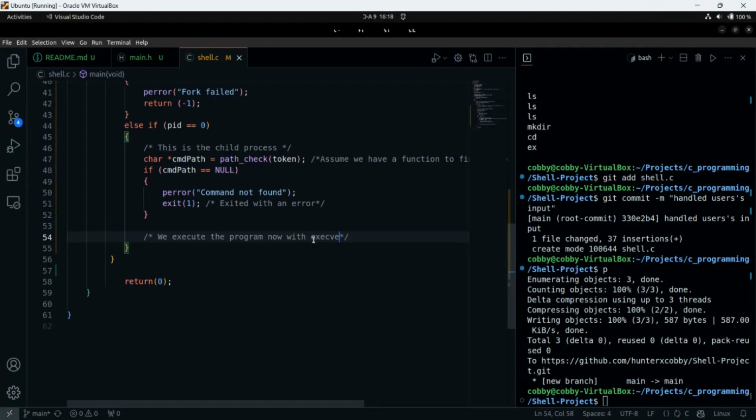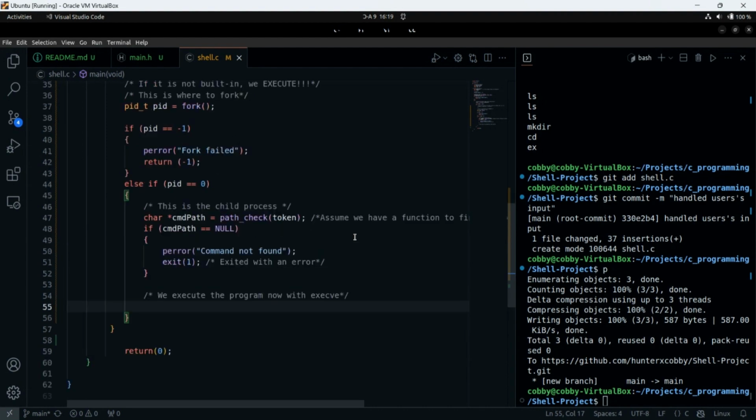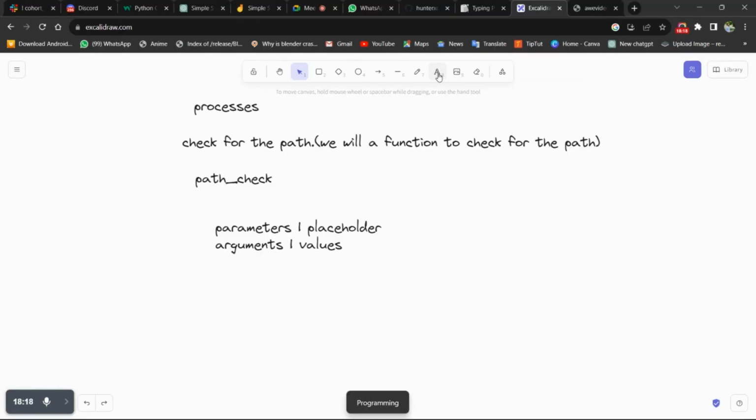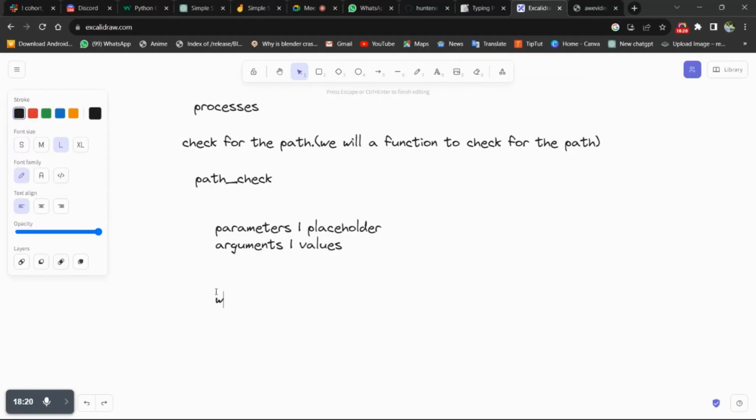We execute the program now with what? exec v. Good. We've come very far. Wow, though it's not a lot. So how do we use exec v, guys? We want to use exec v to execute it.